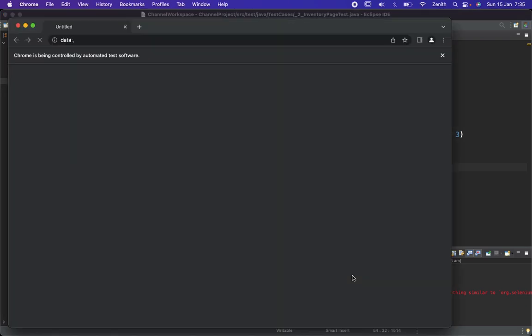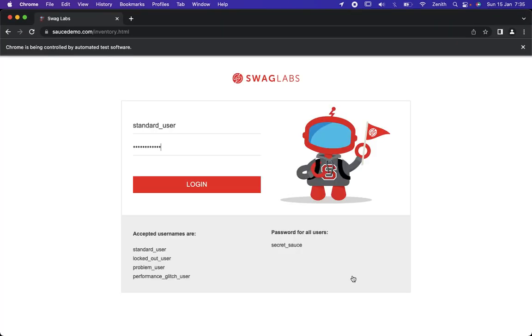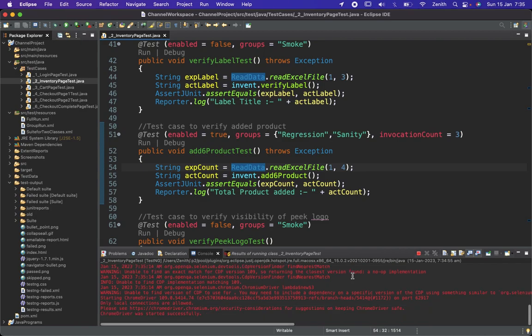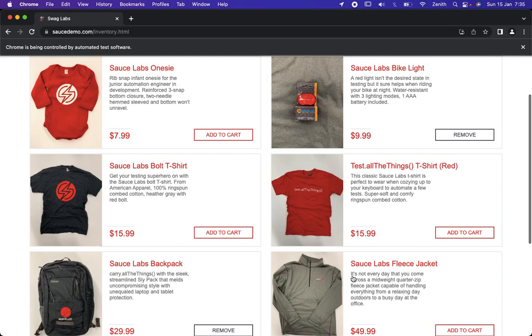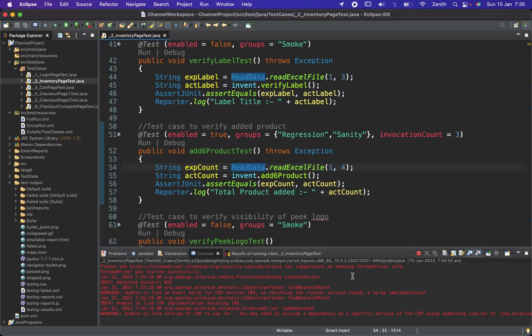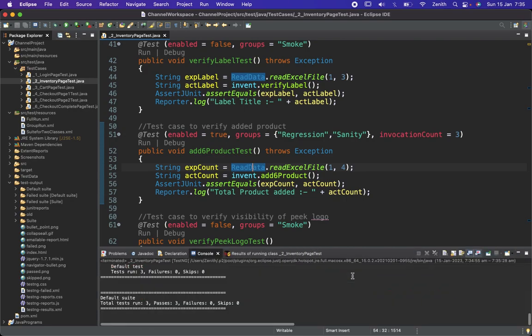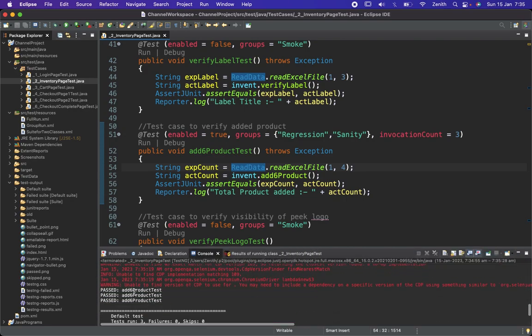First time, then second time it is adding the product, adding all 6 products. Third time also adds 6 products. So you can see total tests run 3, and the same add 6 products each time. So every time the single test case runs 3 times,